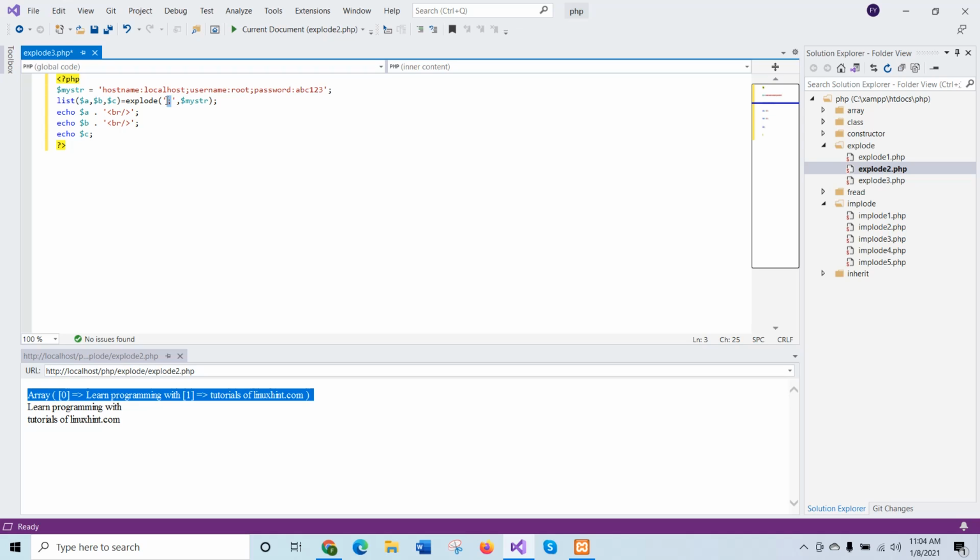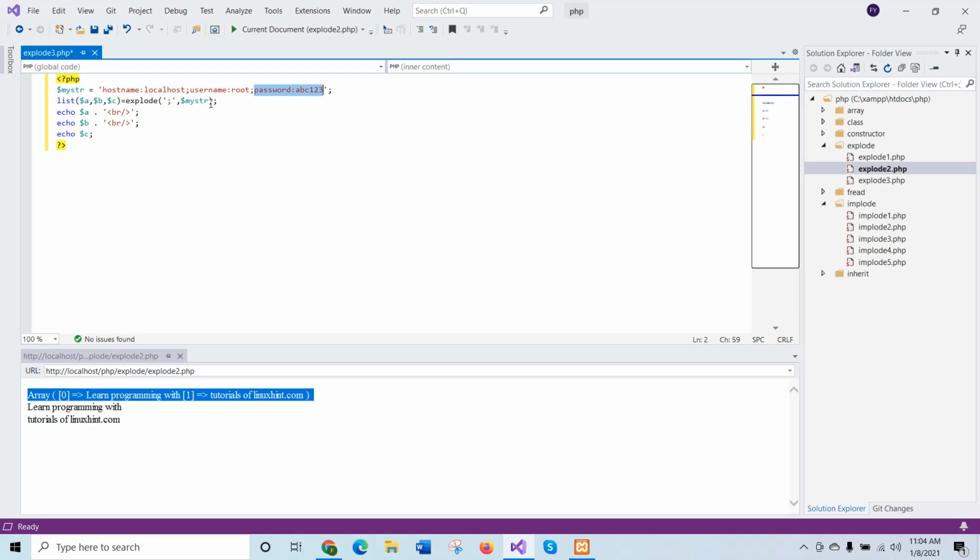Semicolon is used as a delimiter in the explode function. That means the array values will be hostname colon localhost, first one, second one is username colon root, third one will be password colon abc123, and each value is stored in three variables using the list function, which is another built-in function of PHP